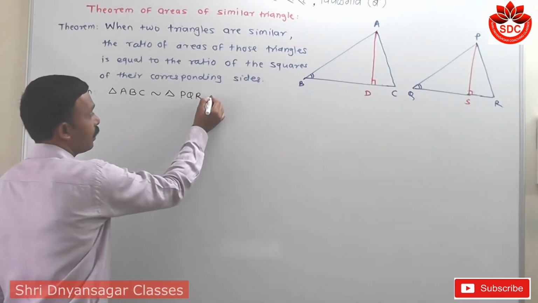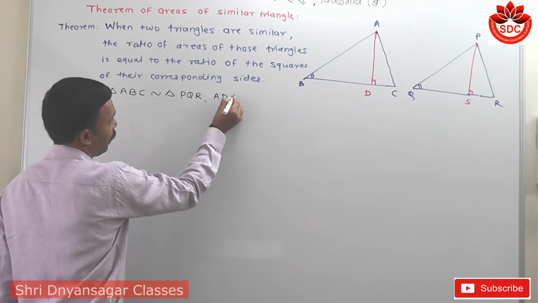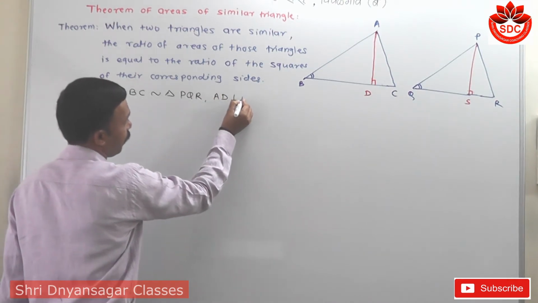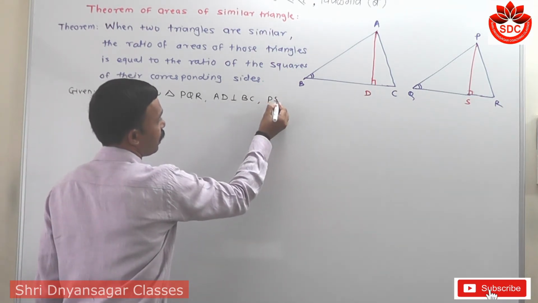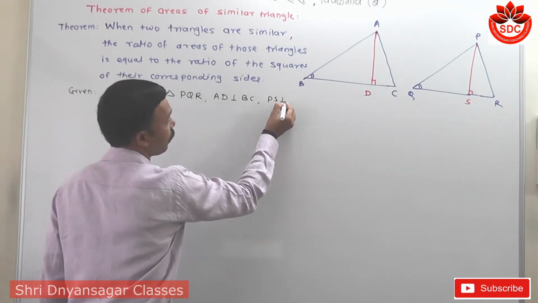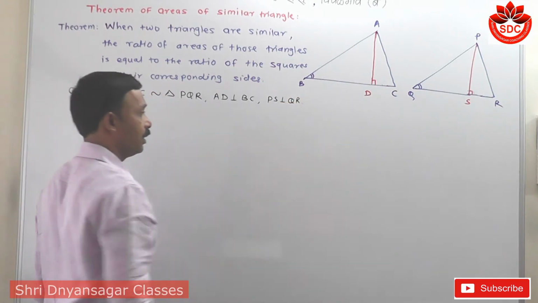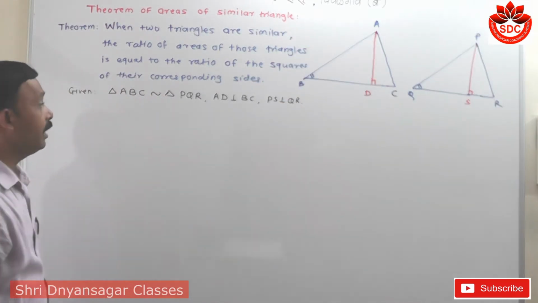And here also this is the height. AD is perpendicular to the segment BC and PS is also perpendicular to QR. This is in your given. Then to prove